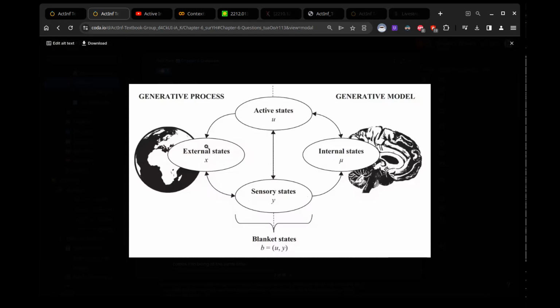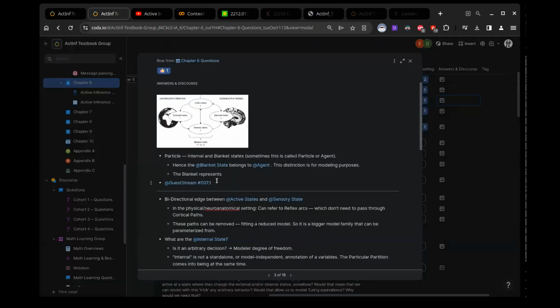So you can't get information about hidden states except by sensory states. That's the no telepathy clause. And the no telekinesis clause is you can only influence external states through the active states, the blanket. So the fact that there's no connection between internal and external states is really the most important constraint on the topology of perception and action in active inference. Other than that, there are some technical discussions to be had about exactly which situations have bidirectional arrows and so on. Some of it is explored in 7.1.